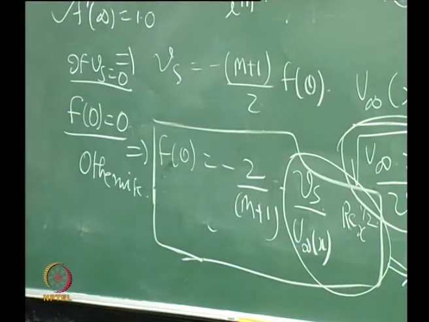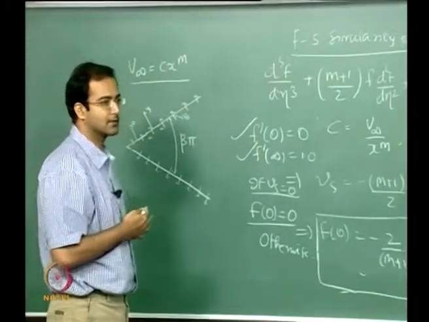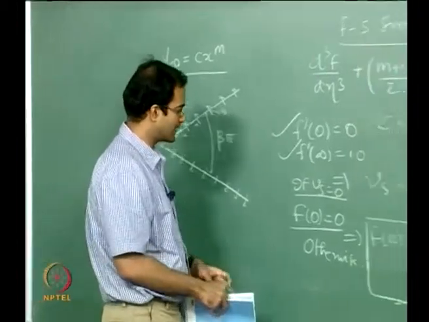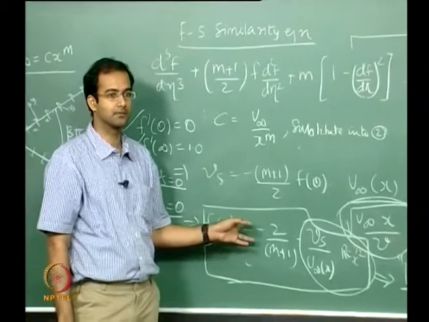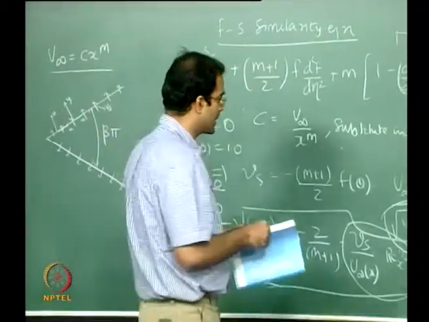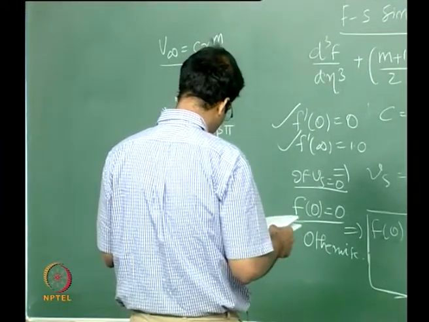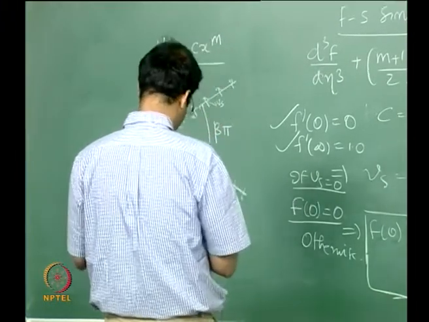So the same procedure that you used to solve the other similarity equation, the shooting method, exactly the same way you do it. The only thing is now you have a value of f of 0 which is some constant value instead of 0. So that is the only difference. If you want me to summarize the shooting method equations, probably I will do that again.